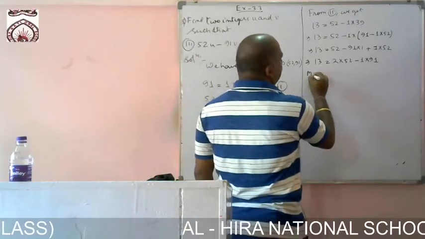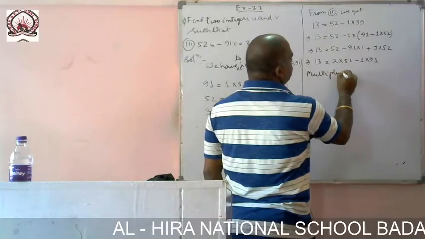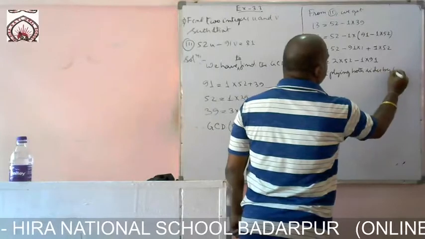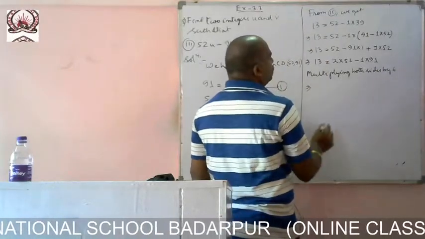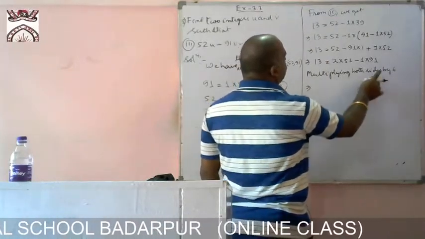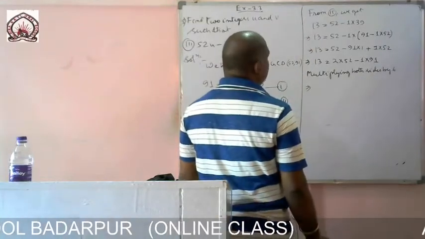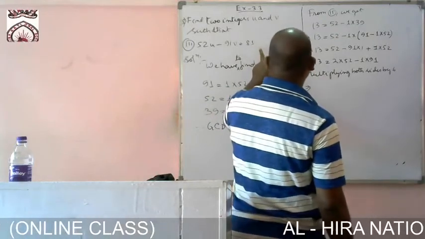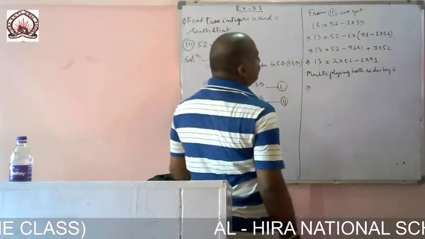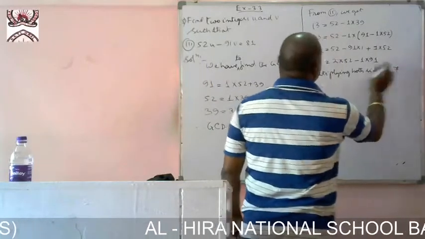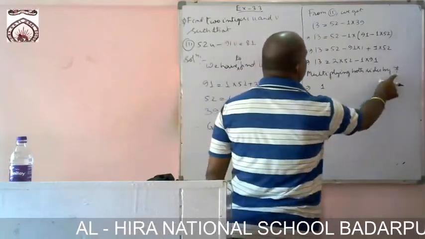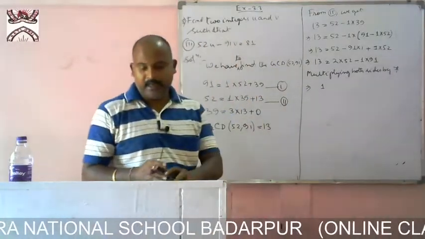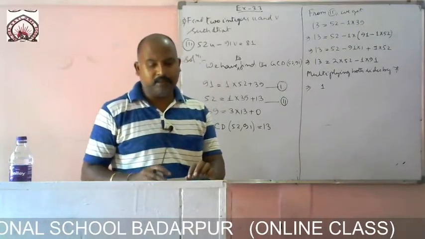Multiplying both sides by 6, then what do you get? 13 into 6, and multiplying with 13 into how much do we get? 81. We multiplied with 7. 7 threes are 21, 7 into 1, 7, 8, 9. Okay. Now we have to multiply both sides of the equation with what?